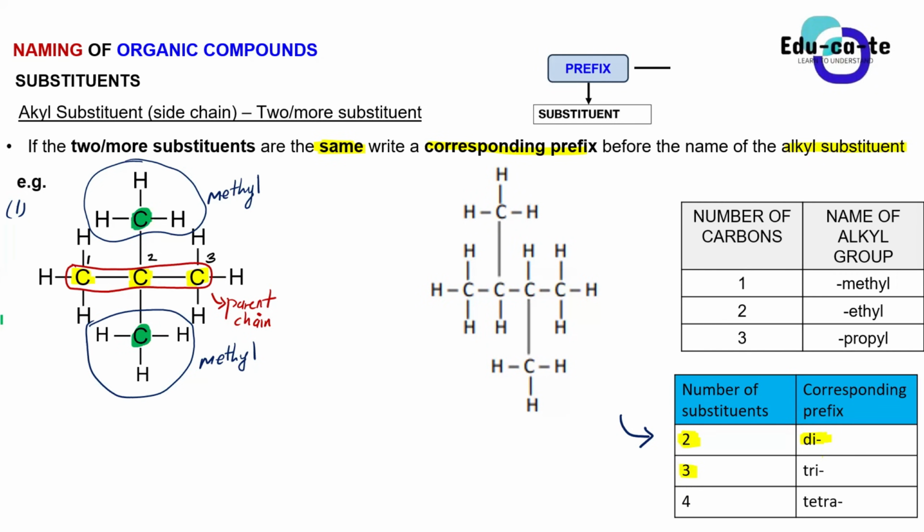So here, if I want to name this compound, I'm going to mention first the position where I'm finding these methyl groups, each and every position. In this case, on which carbon am I finding the first methyl group? This one. On which carbon am I finding it? Carbon number 2, right? So we can say that the first methyl group is found on carbon number 2.